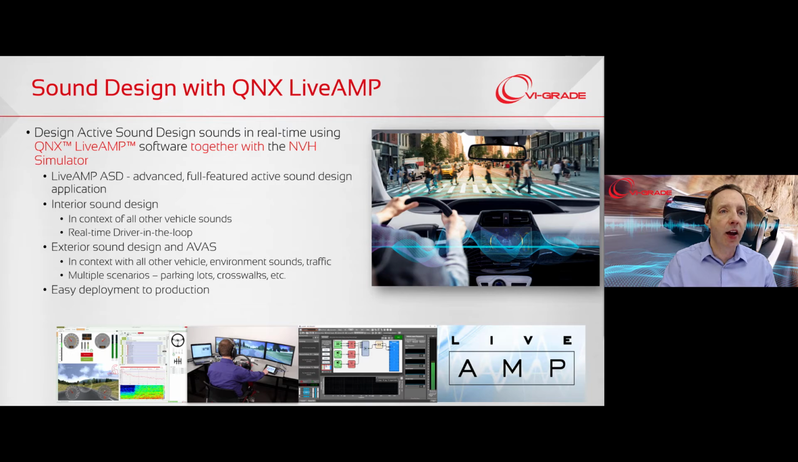QNX LiveAMP active sound design software is now integrated into the NVH Simulator. Use this advanced, full-featured active sound design software to design sounds both inside and outside the vehicle. In the past, typically a sound designer would design a great sound in the studio. This would be implemented on a vehicle and